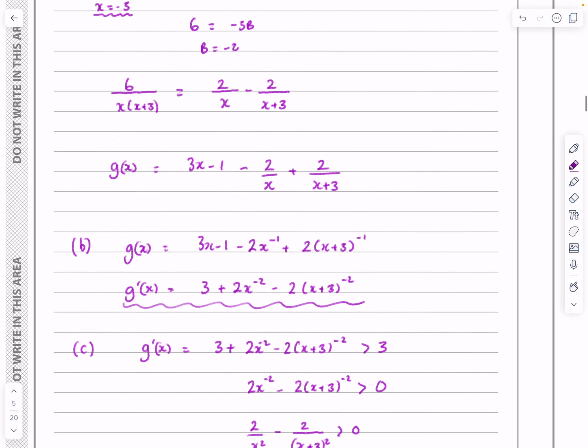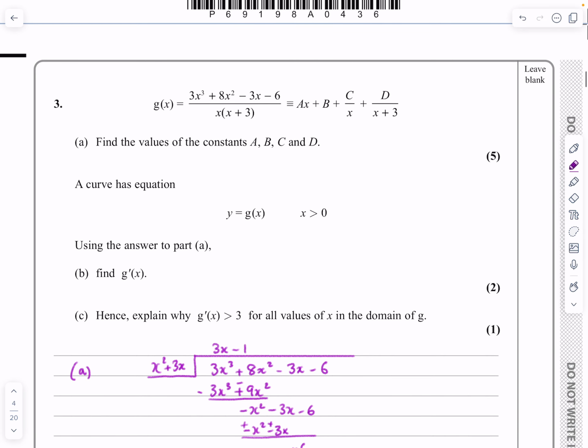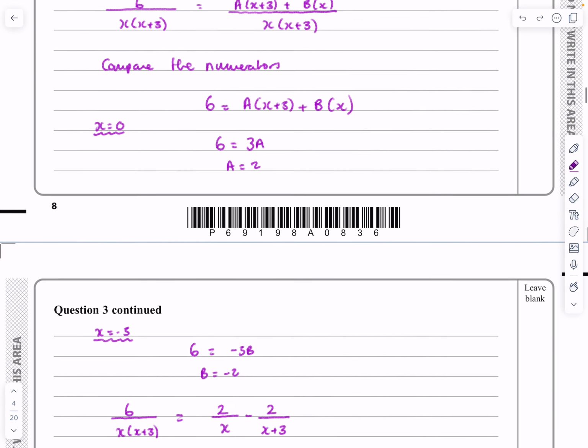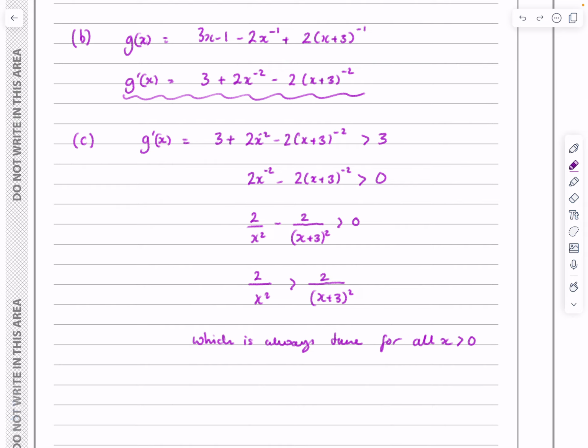And yeah, that's a nasty little 1 marker there. You don't spend too long actually just looking at it to see. So I said that x was greater than 0 there. Yeah, just be careful of that last little bit there, and if you're thinking about your exam craft now, don't spend ages